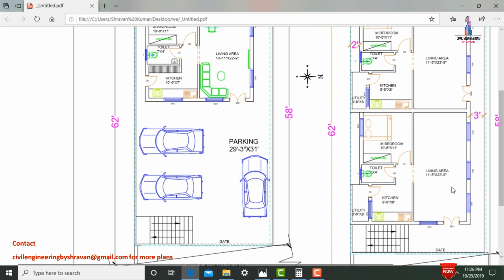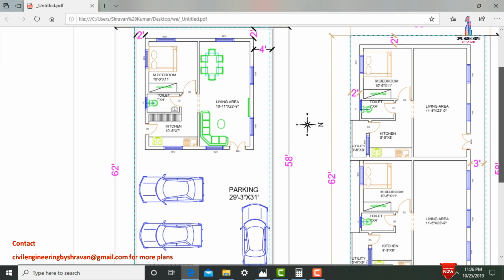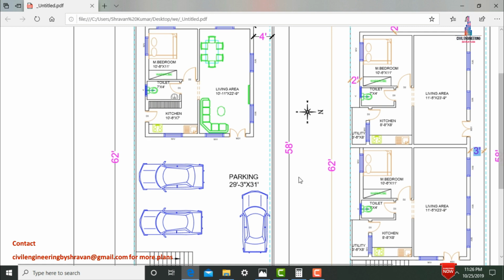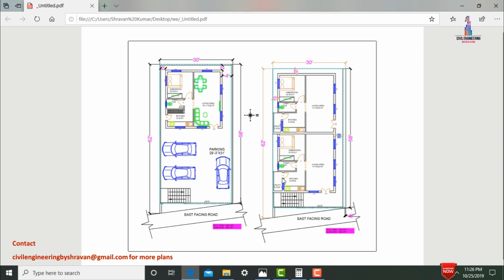So this is the front balcony for this respective first story, which is consisting of 3 plus 3, which is equal to 6 feet dimensions in east facing direction. So this is the south facing balcony for this respective house, which is consisting of 2 feet here, and this is the west facing balcony which is consisting of 2 feet here, and this is the north facing balcony which is consisting of 3 feet here. So this is the plan dimensions about this respective ground story as well as first story for this respective house.